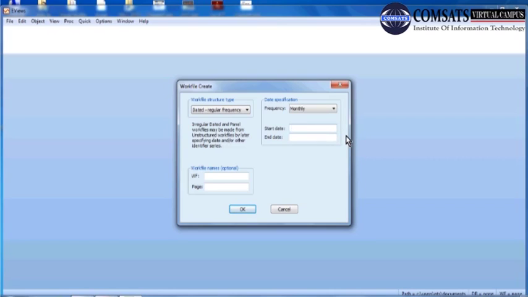The start date is say 1/1/2000, and then the last is